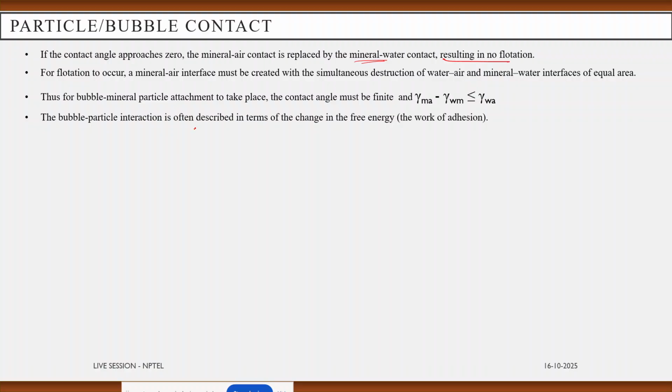For flotation to occur, a mineral air interface must be created with simultaneous destruction of the air water or mineral water interfaces of equal area. Thus, for bubble mineral particle attachment to take place efficiently, the contact angle must be finite. And in this force balance, the difference between the mineral air and water mineral surface energies should be less than the water air